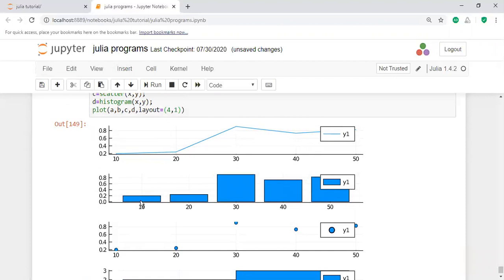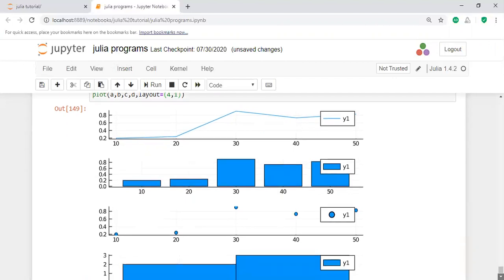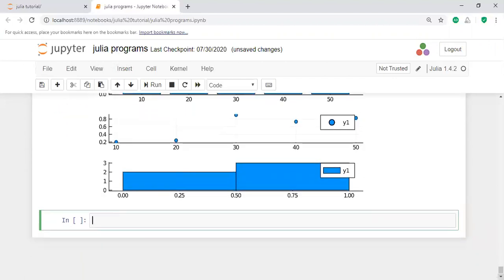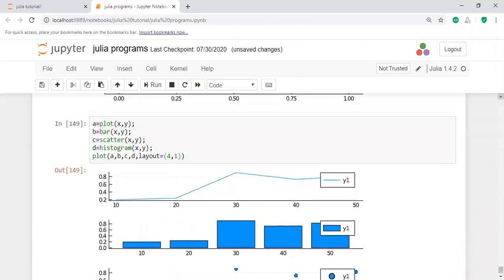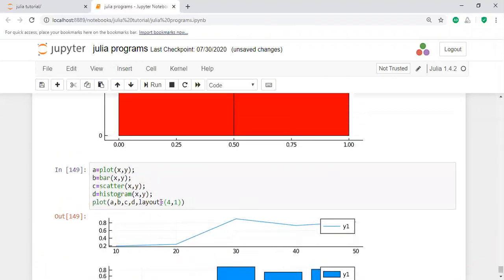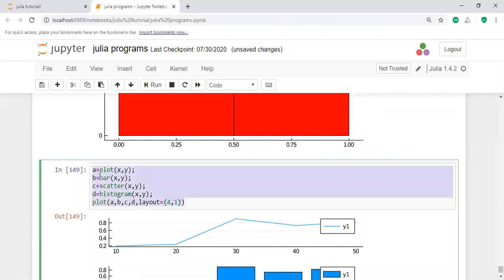This is a plot, this is a bar chart, this is a histogram, this is a scattered one. The four values are represented here. If you don't want a 4 by 1 matrix, you may represent the values in a 2 by 2 matrix.